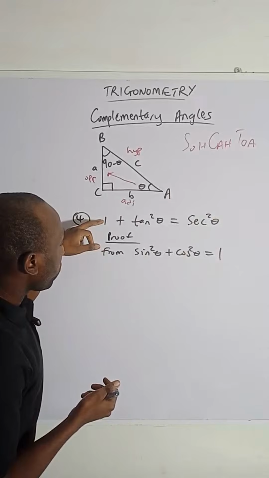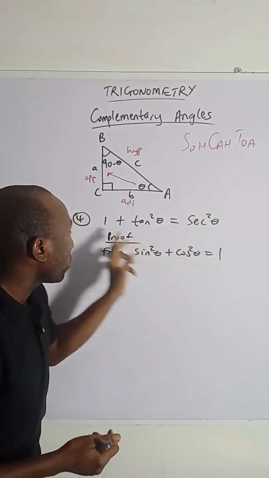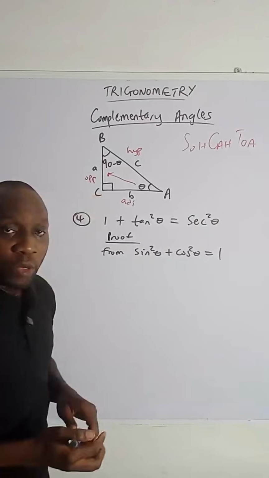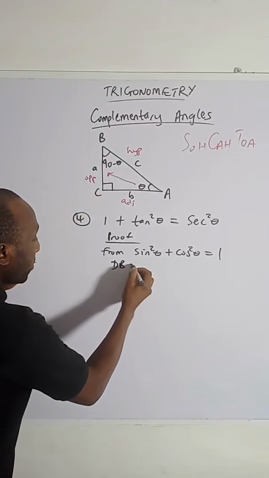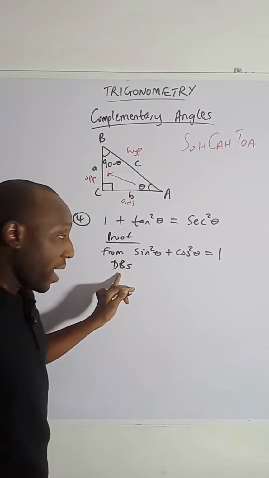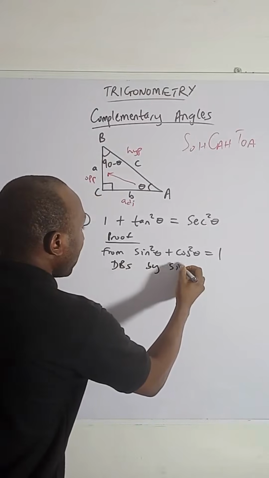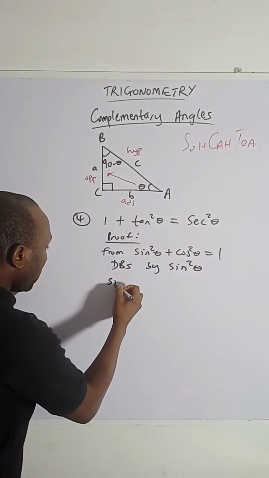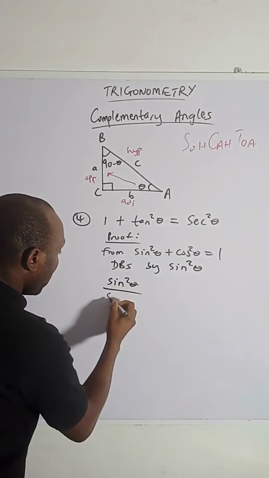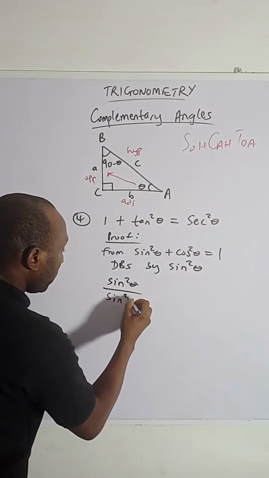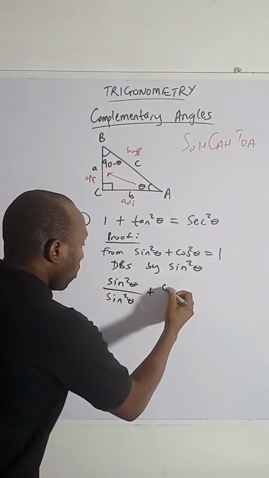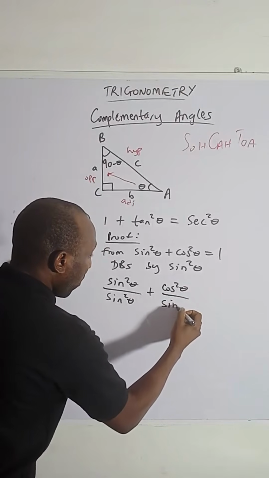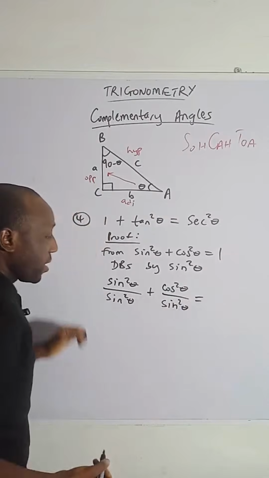What do I do to get 1? I'll divide everything by what? Sine squared theta, because I want to get 1 here. Are you with me? So I'll say DBS. Please, DBS stands for divide both sides by sine square theta. We're trying to prove that this is true, okay? And then I have sine square theta over sine square theta plus cos square theta over, remember we're dividing through by sine square theta, then 1